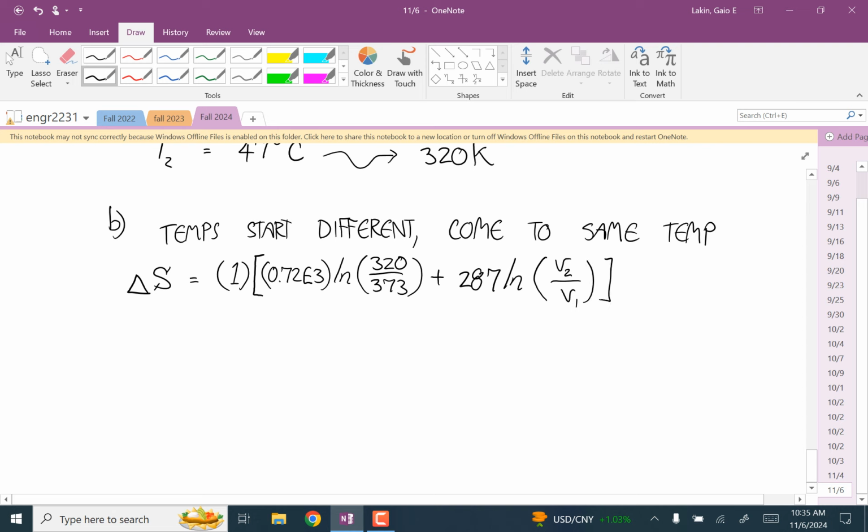So now we have to calculate these volumes. They're going to come to the same pressure. So we could calculate that equilibrium pressure at the equilibrium temperature and just use that. Or we could say, like you're thinking, the 1 kilogram of gas is going to take up 1/3 of the volume. And so the volume extensive is going to be